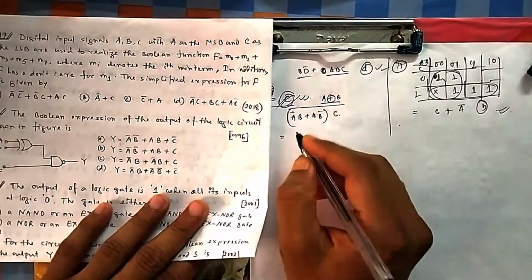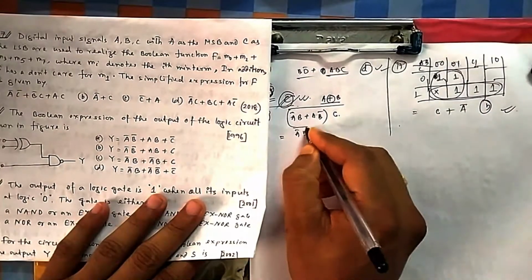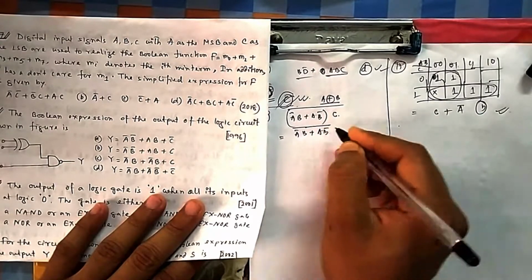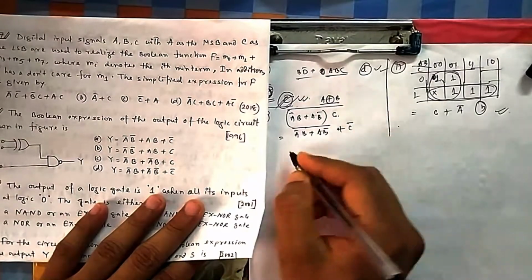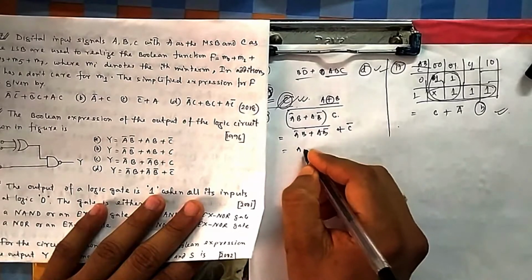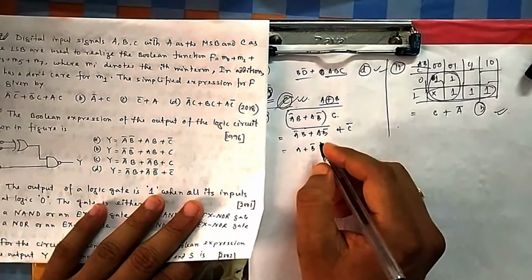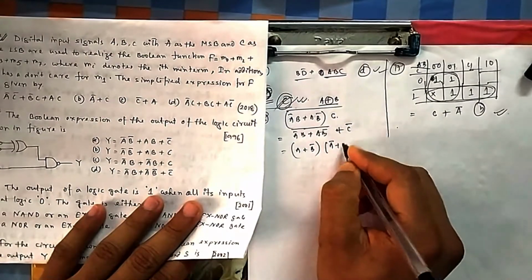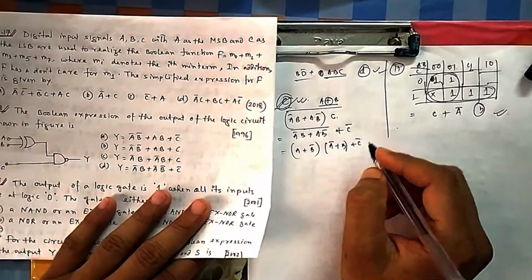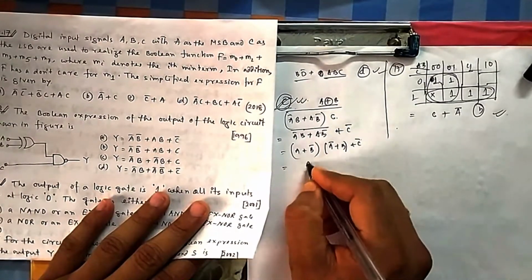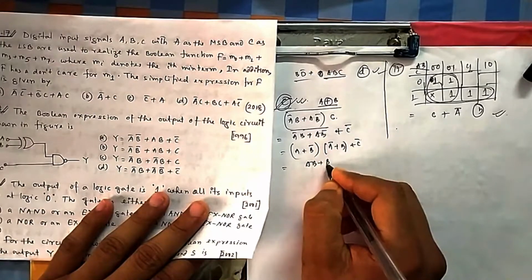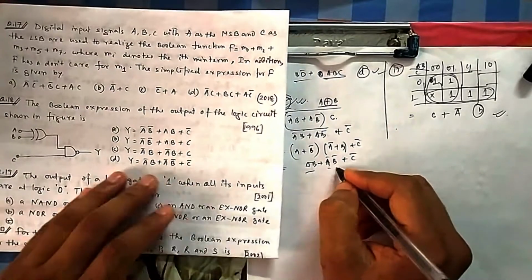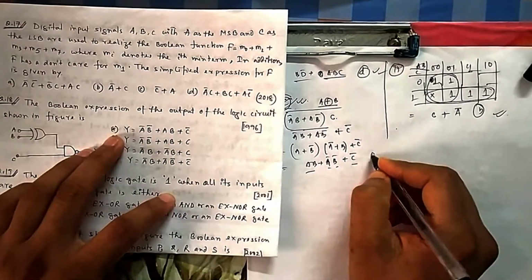If you take De Morgan's law now, let me write it completely, then this, then plus C bar. Now if you open it, it will be A plus B bar, then this plus will become a product, then A bar plus B, then plus C bar. So if you take the product, A bar A will be 0, so it will be A B, then B bar A bar, that is A bar B bar, and B bar B is 0. So this is your answer, AB, A bar B bar, then C bar. That is, I think, your option A.